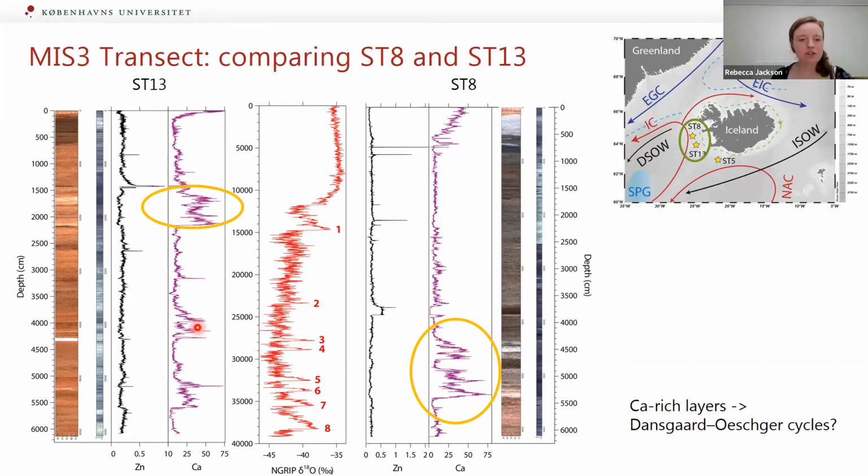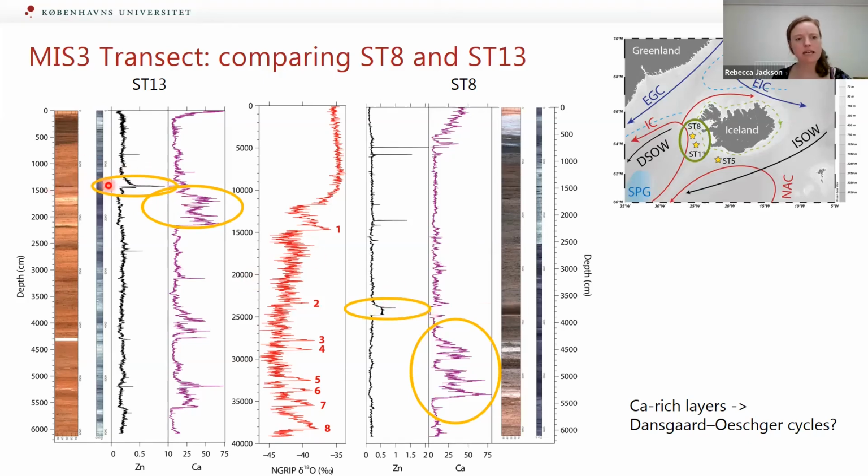And one could argue that on a correlative basis. So again, we're waiting for the radiocarbon dates, and then this will be a lot clearer. But on a correlative basis, it appears that these layers here are perhaps these here. And I say this especially because of these zinc peaks that occur right after these dark layers, very thin here,